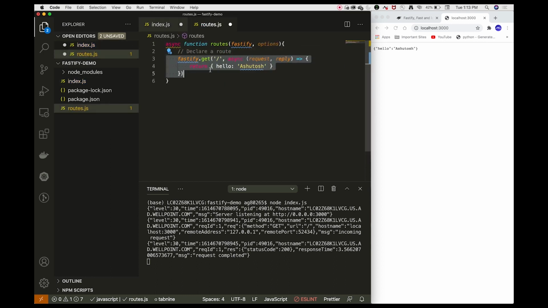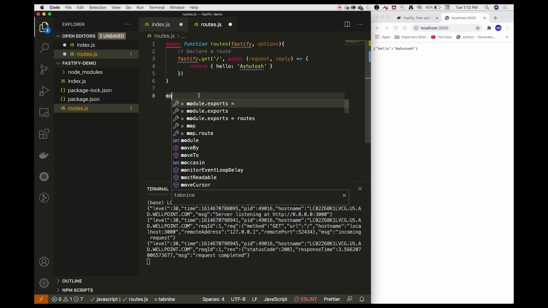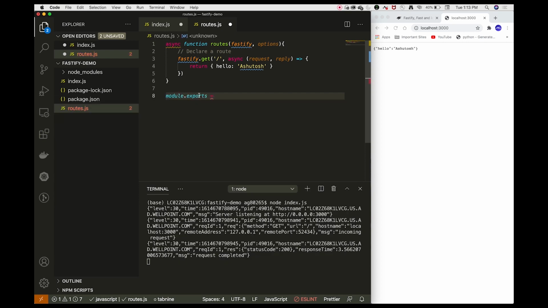We had a default route, that is fastify.get on the default route, and we are returning the information hello Ashutosh in this route. After writing this function, I want to export it from this file so that it can be used in other files as well. To export this function, I will write module.exports and the name of this function, routes. With this, we have created our first plugin, that is this function, and we have exported this plugin from this file.